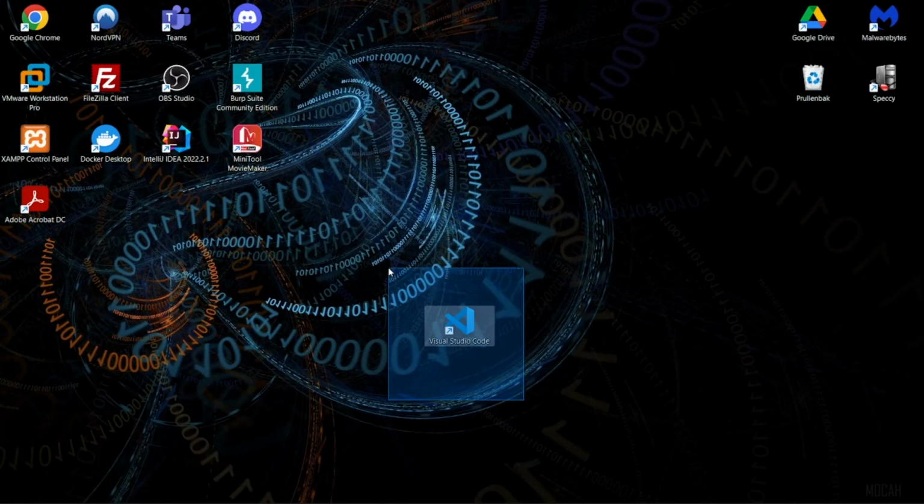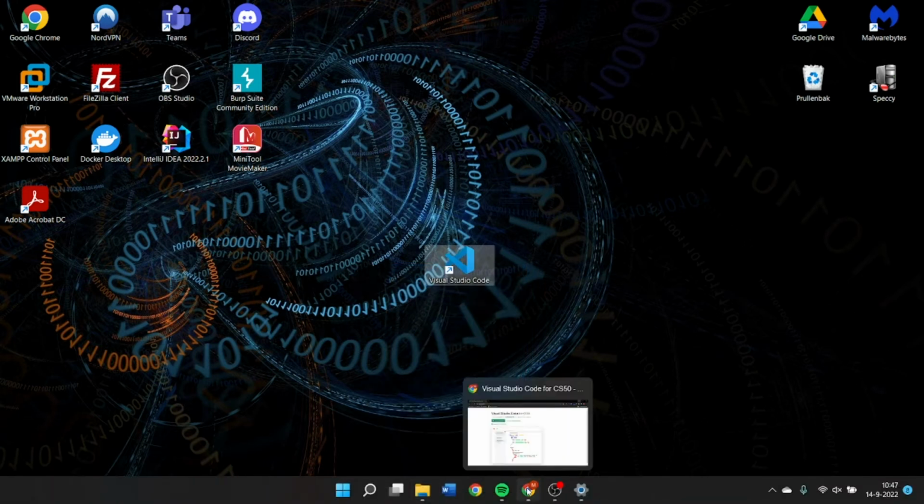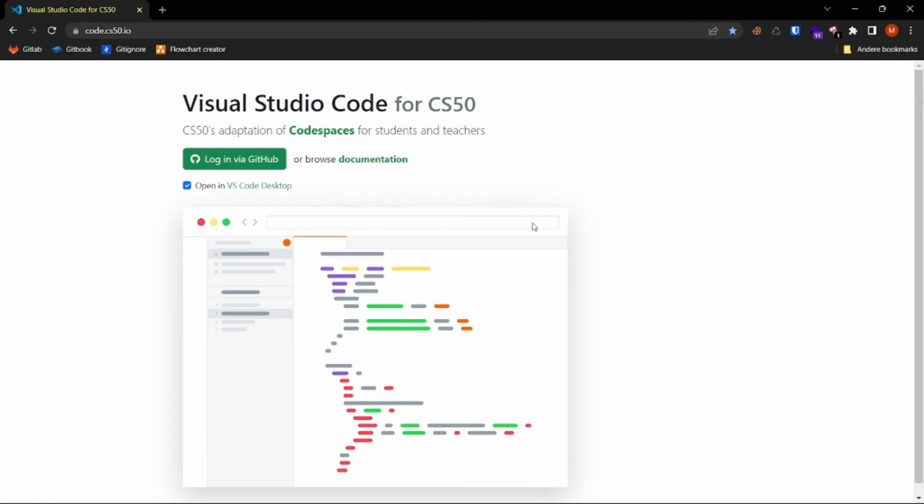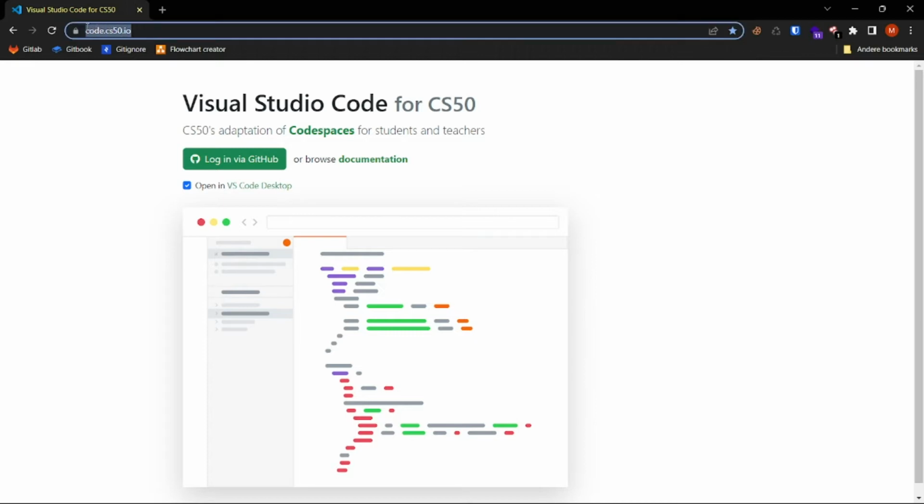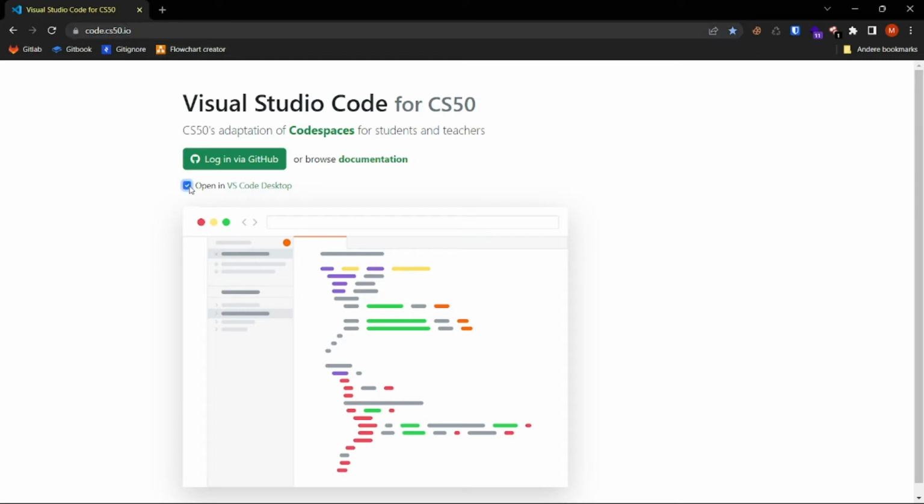And once you've installed it, you should have a desktop icon on your desktop. So, going to step 2, we have to go to the URL you will normally use for accessing the web environment. In this matter, make sure that you check this on. So have it checked off. Log in via GitHub,